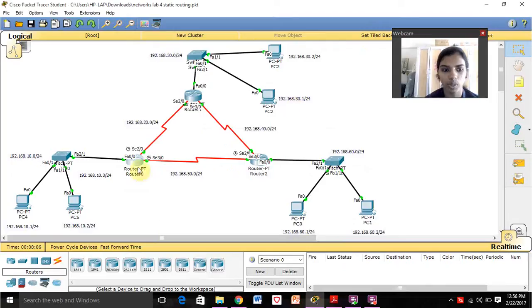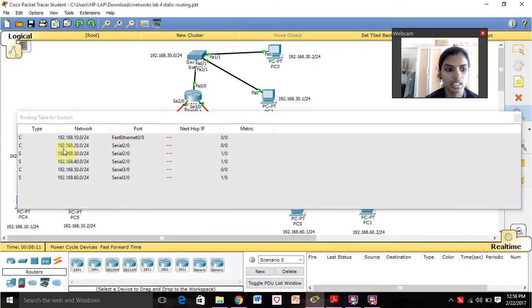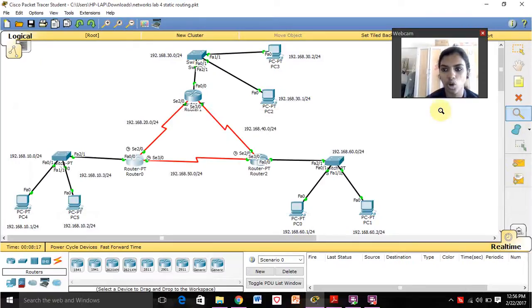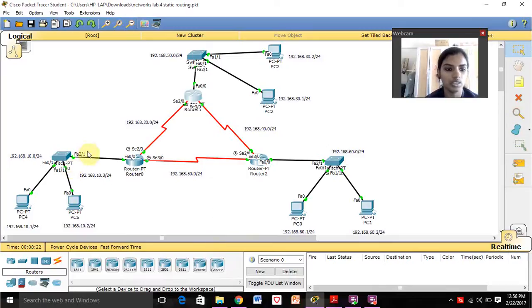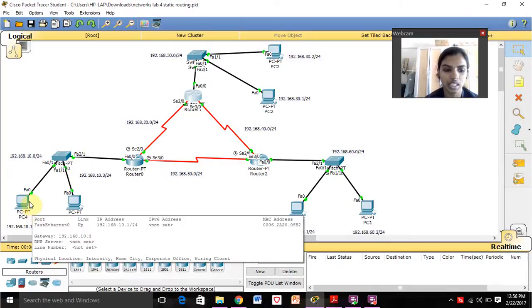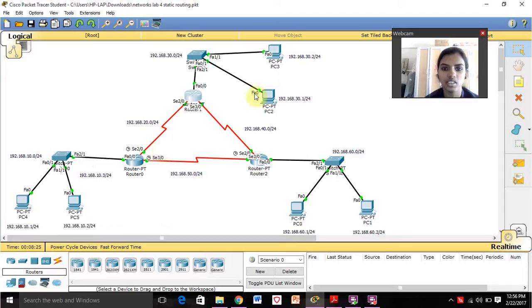Now we can check the routing table. See, in the routing table there are 3 directly connected networks and 3 indirectly connected networks for all the routers. So for one PC or end system, it can see the existence of another PC on the other network. So all the networks are connected now.